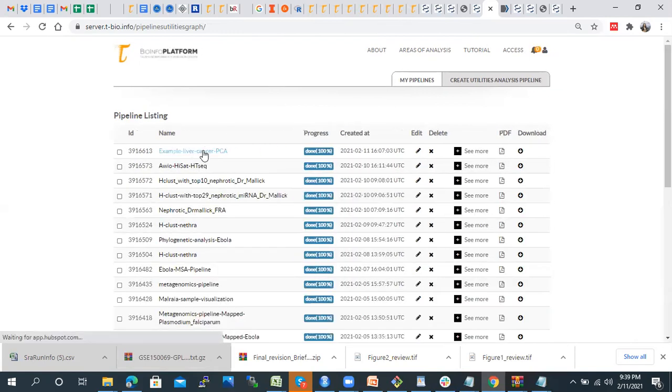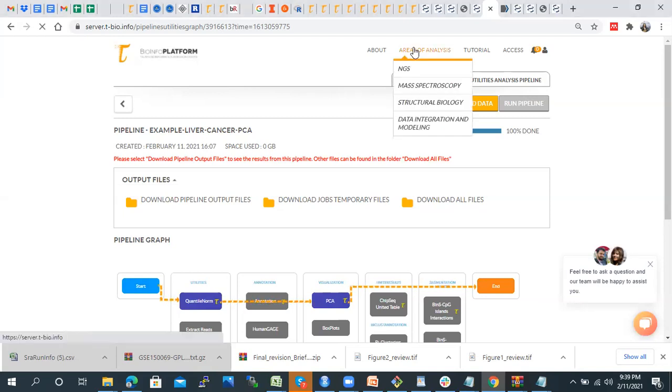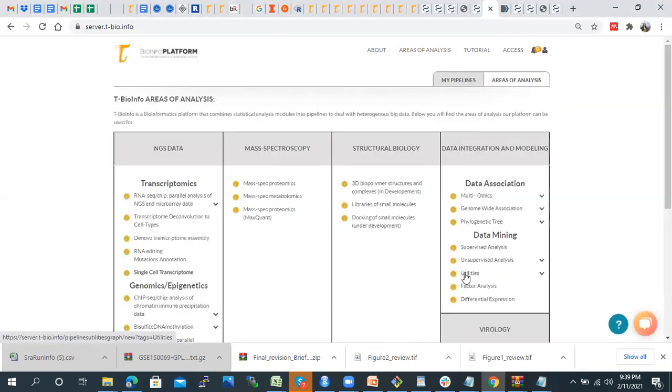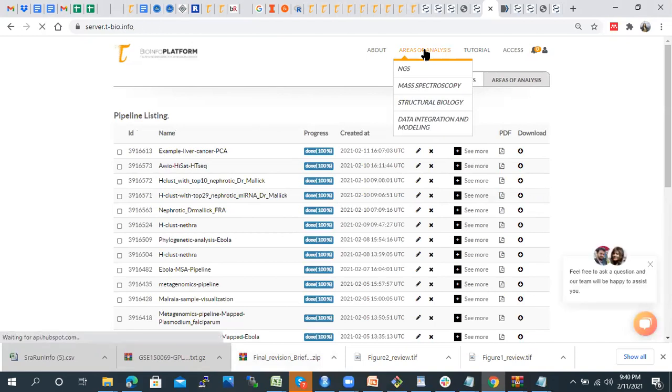Harpreet, I am unable to access the server. Under utilities, it is showing me only demo utilities PCA. No, you are clicking on the side. Let me show you again. You just need to click on utility, not on the side. Okay, yes. Are you able to do that? Yes, but for file upload, it is asking for HTTP, FTP files. No, let me show you again.